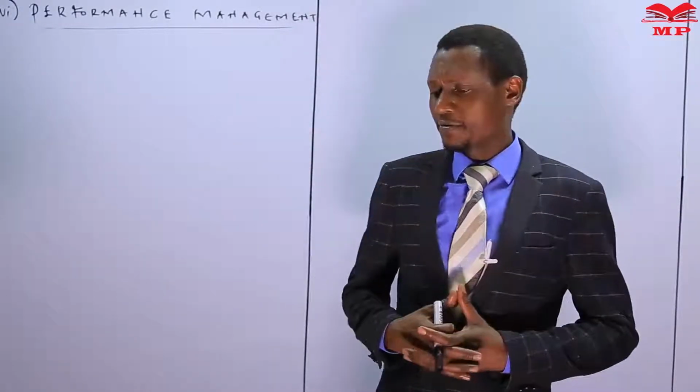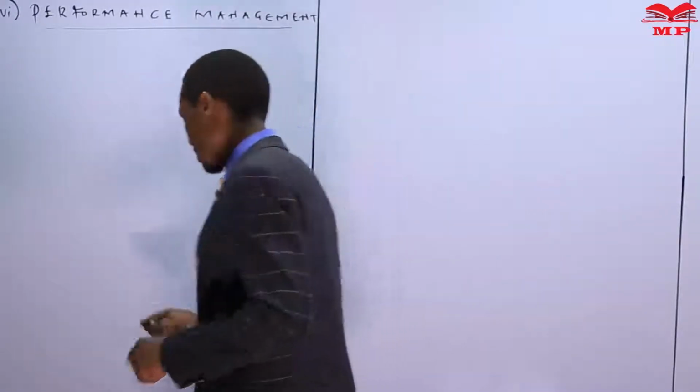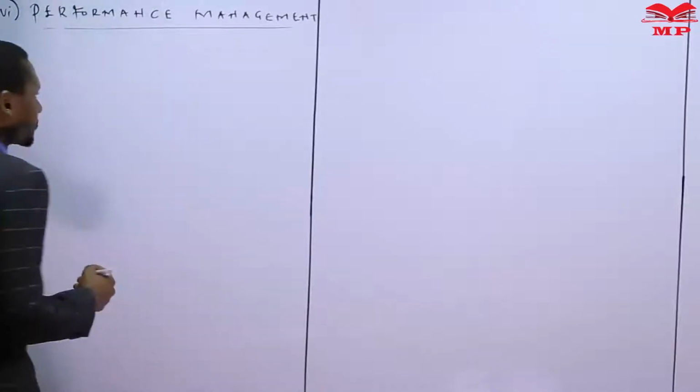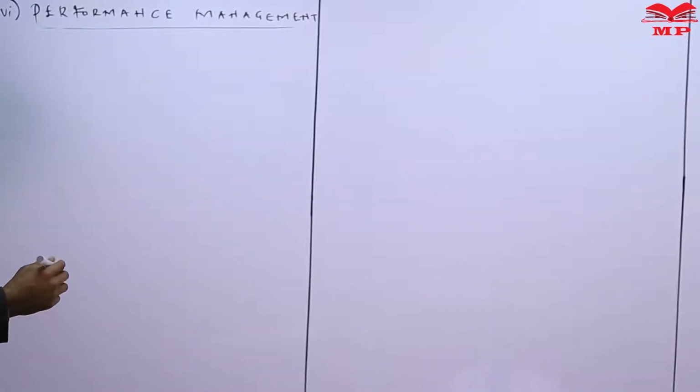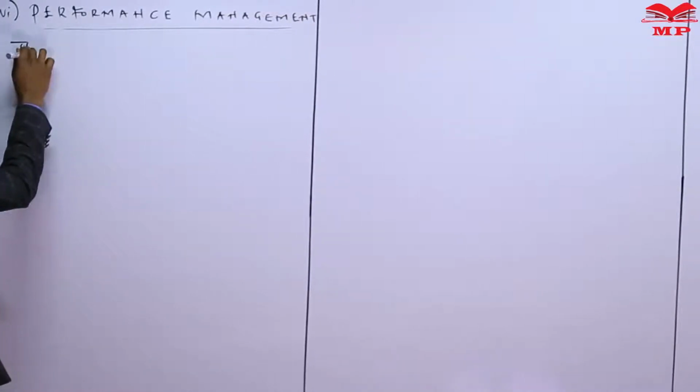We will define performance management as the systematic process by which an organization engages its employees as individuals as well as members of a group in improving organizational effectiveness in the pursuit of organizational goals and objectives. So we are defining performance management as the systematic process